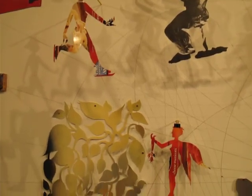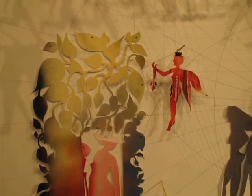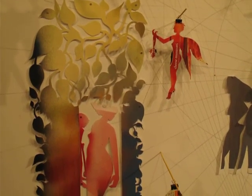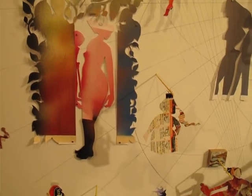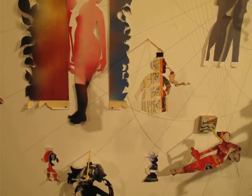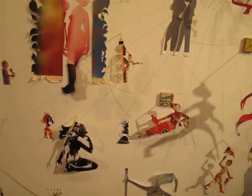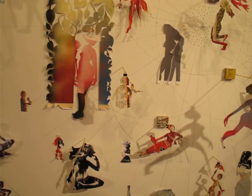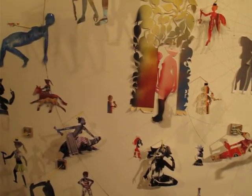I continued to use the cutouts to make some small paintings by just taking a large 4x6 piece of wood and using the cutouts as stencils and overlapping them and painting them until I had a huge field of abstract arms and legs and tongues and batons and whatever, hammers, and then I chopped that large piece of wood up